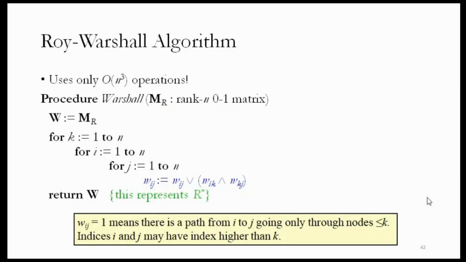So make the 3 for loops. If 3 for loops are there, which are repeating for n times, it means order of n cube is the time complexity. Simple. If 2 for loops are there, running for n times, n square. If only 1 for loop is there, running for n times, order of n. Just by looking at the for loop, you can say what the complexity is. So this is a nested for loop 3 levels deep, and that is the reason it will become order of n cube.